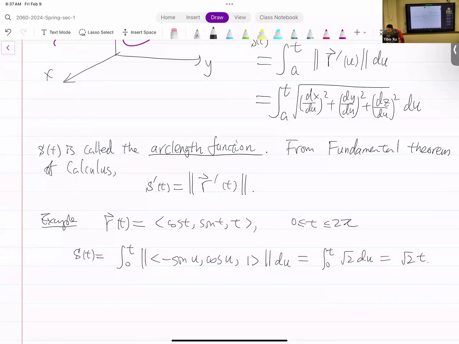And now if you think about it, basically s of t is definitely going to be a function that relies on this upper limit of the integral. Okay, so when t gets larger, this s of t gets larger, and at the same time,